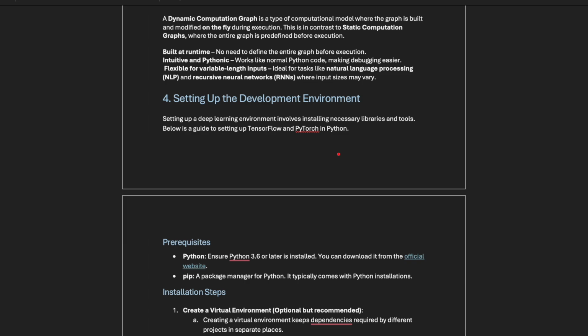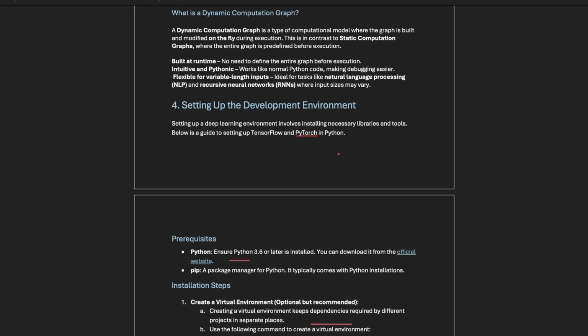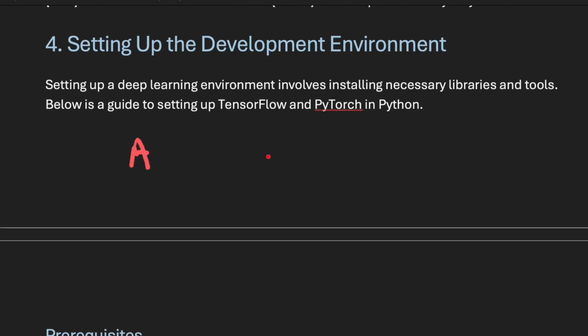So basically we will be looking at setting up the development environment. Setting up the development environment is basically making a virtual environment for a project. So what is a virtual environment? I will give an example to make you understand this thing. Like if we have two projects, project A and project B,